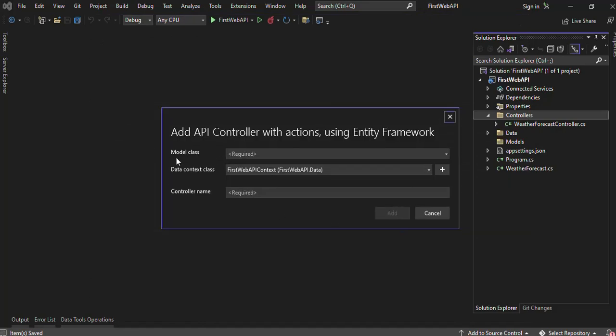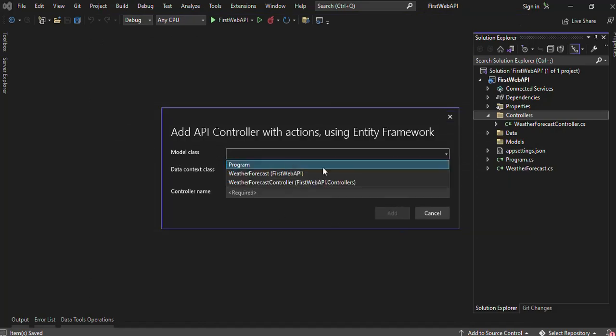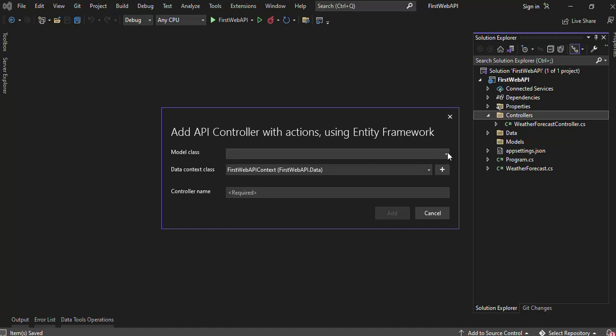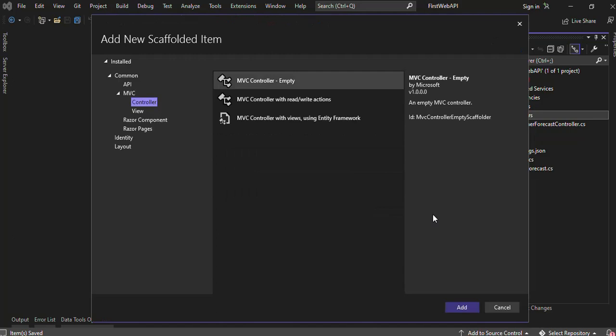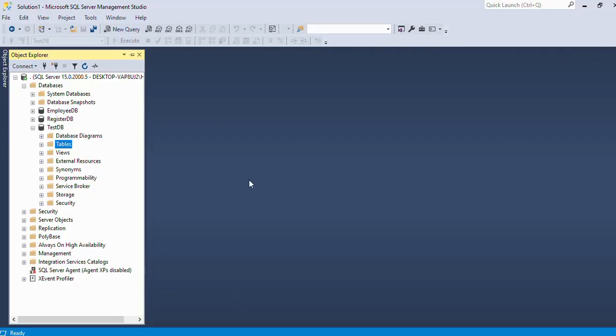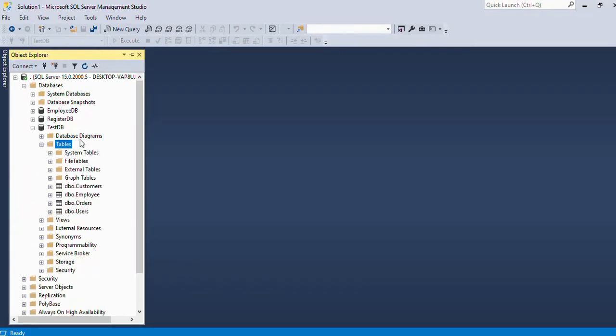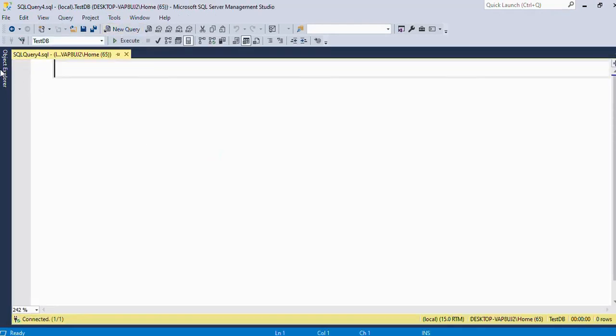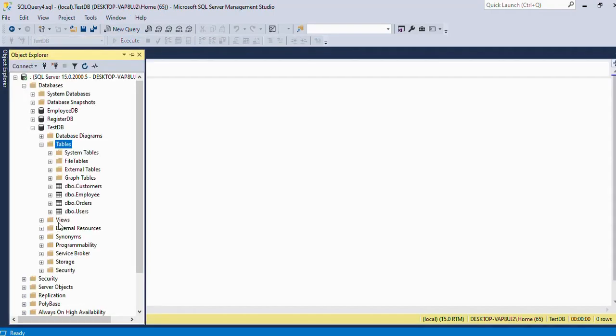It will ask you for the model, which model you want here, then the DB context, and the controller name which you want to create. Here we don't have the model right now. So cancel this, cancel this one as well, and go to the database and open SQL Server. Here we have created multiple tables during the SQL Server tutorial. Just click on New Query and drag and drop one of the existing tables,